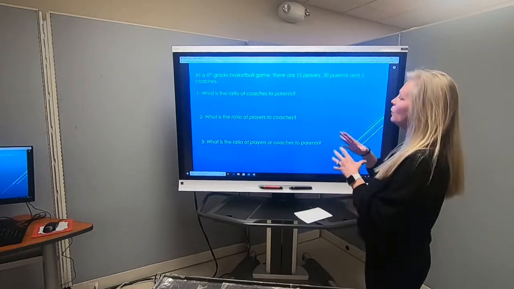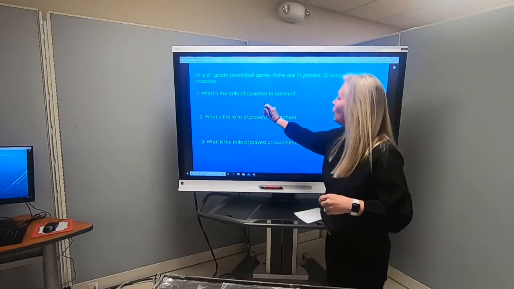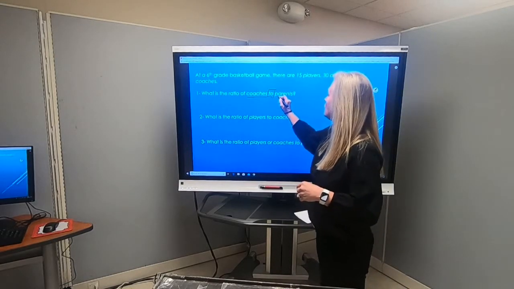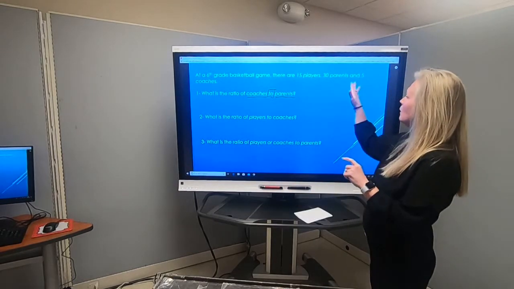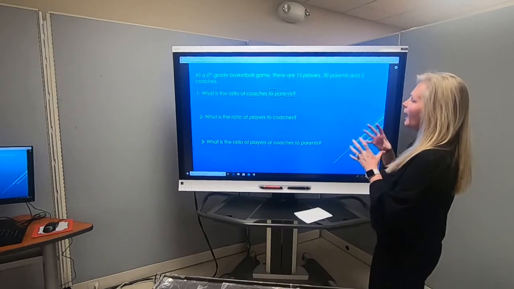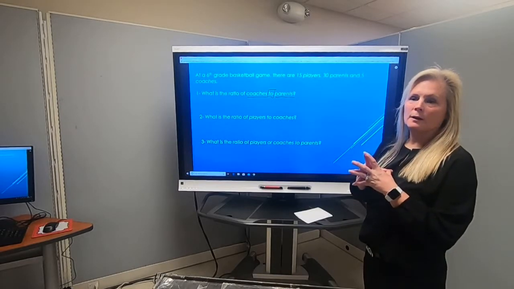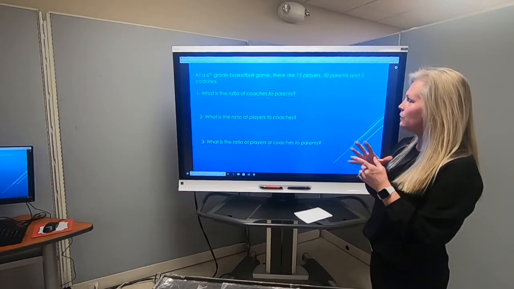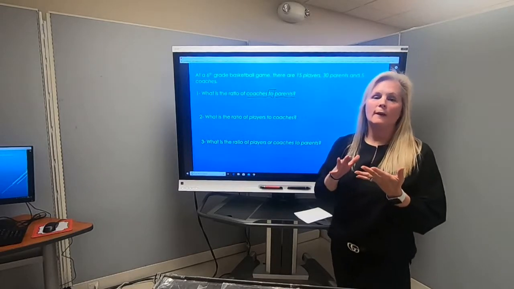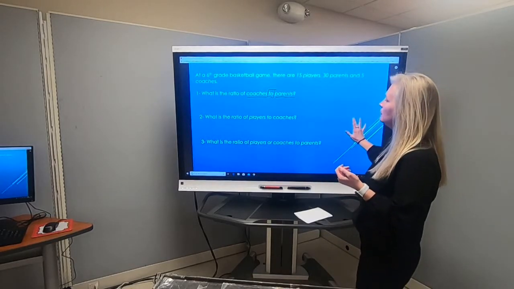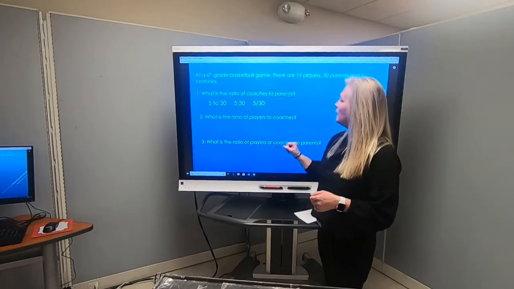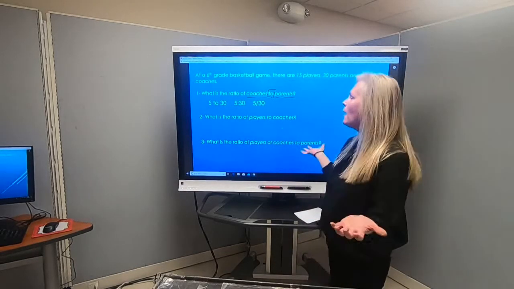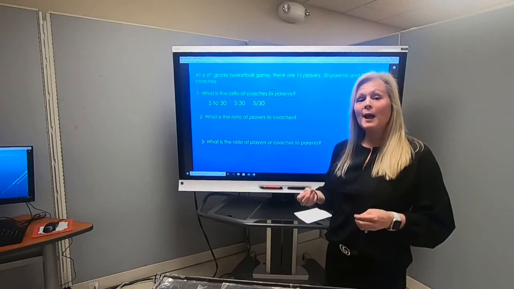Well, let's go and look at what we have. And remember, we are looking at coaches to parents. So our first thing are the coaches. Find how many coaches there are and the parents. Let's think of them in 3 different ways: with the word "to," with the colon, and as a fraction. 5 to 30. Now, I must say that when some of you looked at this, you may have thought